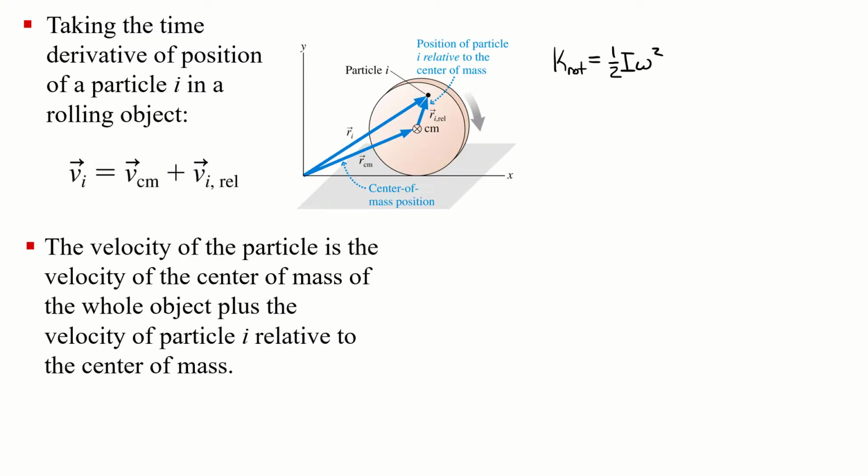What we're going to do today is an example of this, and show how we can use it for objects that are rolling, right? So when an object's rolling, we know that for this object here, the center of mass is moving that way. That's how we would have treated it in the particle model. There's some velocity of the center of mass.